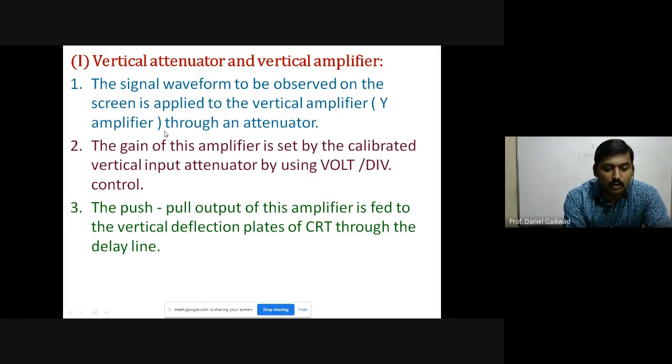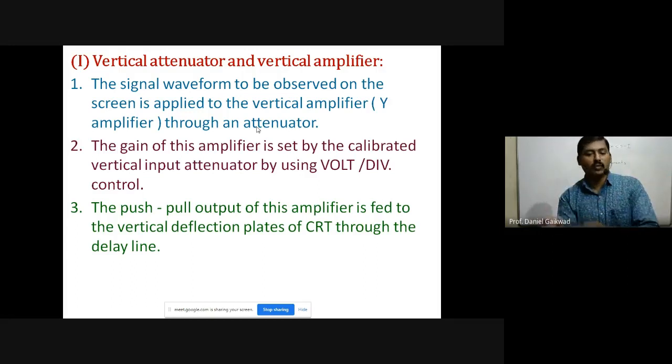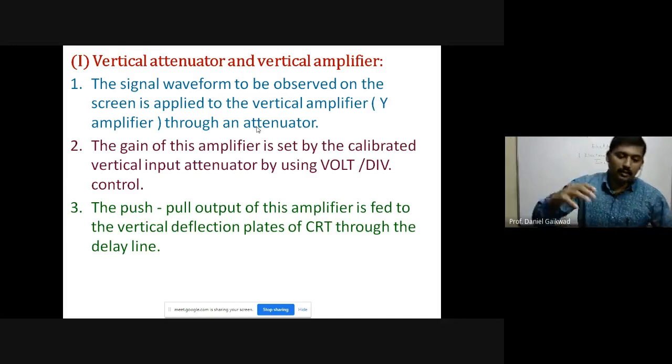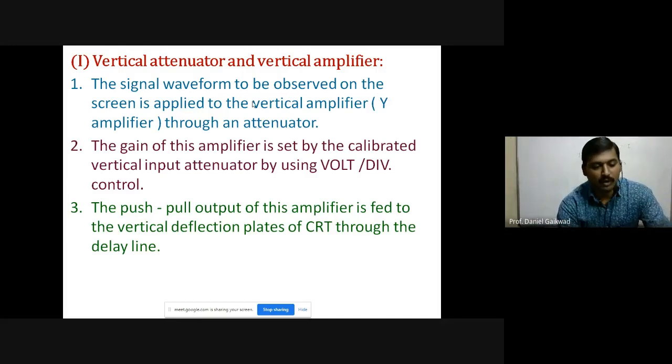Why an amplifier? Through the attenuator, the signal is reduced. After reduction, again we have to amplify. So we have a certain limit or fixed quantity. Suppose we have a 5-volt signal, we have to reduce it to 1 volt, and then amplify. Suppose we have a 10-volt signal, again we reduce it to 1 volt, and then amplify. So any signal strength is reduced first, and then we have a uniform amplifier like this.